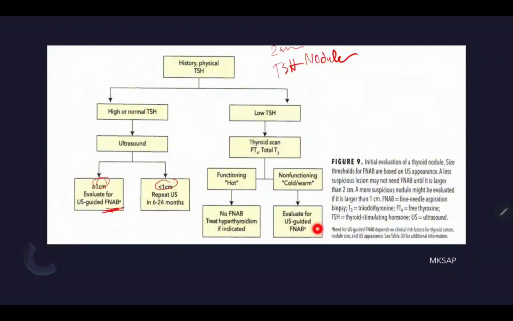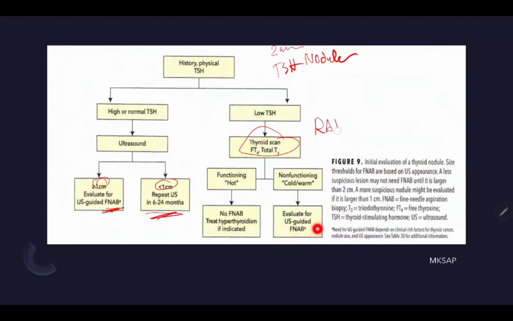If it's smaller than 1 centimeter, then you follow up, okay? If I have a low TSH, that means that there is either a mass secreting T3 or T4, or maybe it's cold, we don't know still. So what we're gonna order is a thyroid scan, okay? Sometimes you find it as